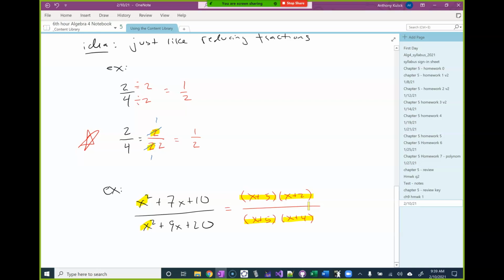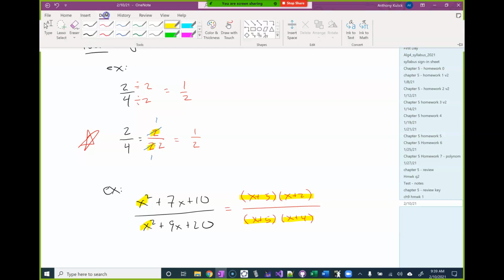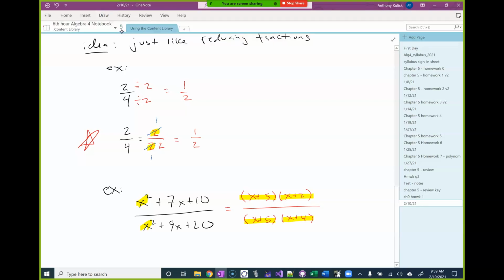No, because the only operation going on outside of the parentheses is multiplication. Now we're in a place where we can reduce. What parts are identical? The x plus 5s. Those can reduce, leaving me with x plus 2 over